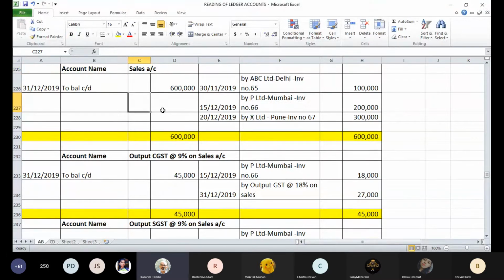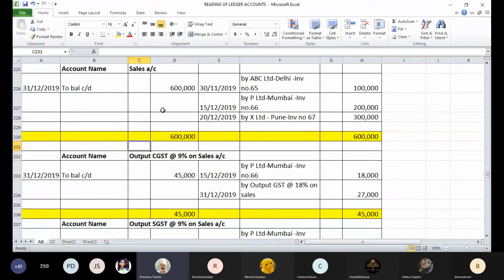Now, your sales account is basically a nominal account because at the end of the year we transfer the sales to the profit and loss account. It's an income, so it is a nominal account. Whereas output CGST, output SGST, etc., all these are your liability accounts. These are real accounts. These are usually reflected on the liability side because you have to pay this GST to the government. As a seller, you charge GST in your sales bill, recover it from the customer, and then you pay it off to the government. So it is your liability. So these output GST accounts are real accounts as a part of your liabilities in the financial statements.